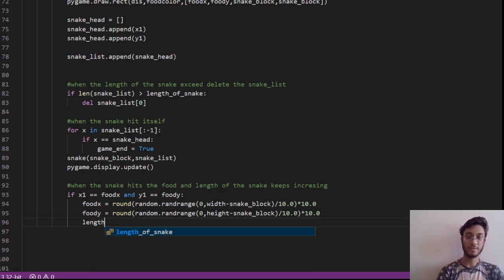And the length of the snake gets incremented by 1.